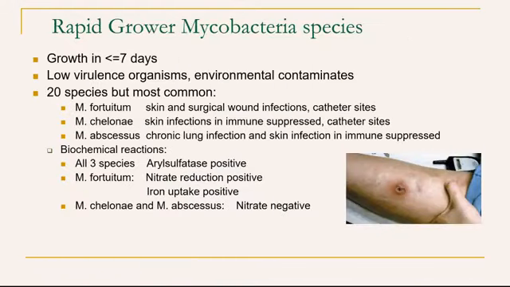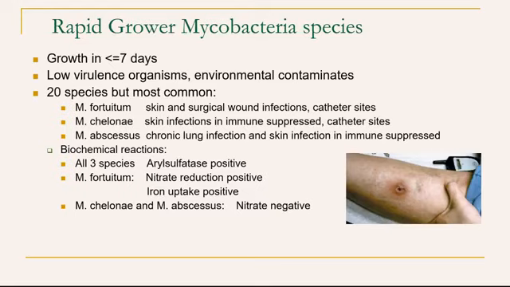The rapid grower Mycobacteria species. These will grow in less than or equal to 7 days. They are very low virulence organisms and found in the environment as contaminants. There's 20 species, but the most common that we see in culture are M. fortuitum, M. chelonae, and M. abscessus. M. fortuitum is usually seen in skin and surgical wound infections when they've not been taken care of post-surgery,